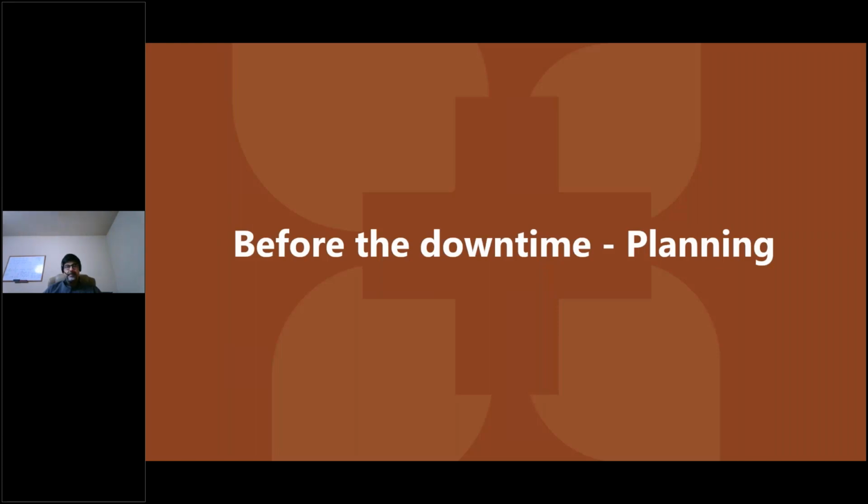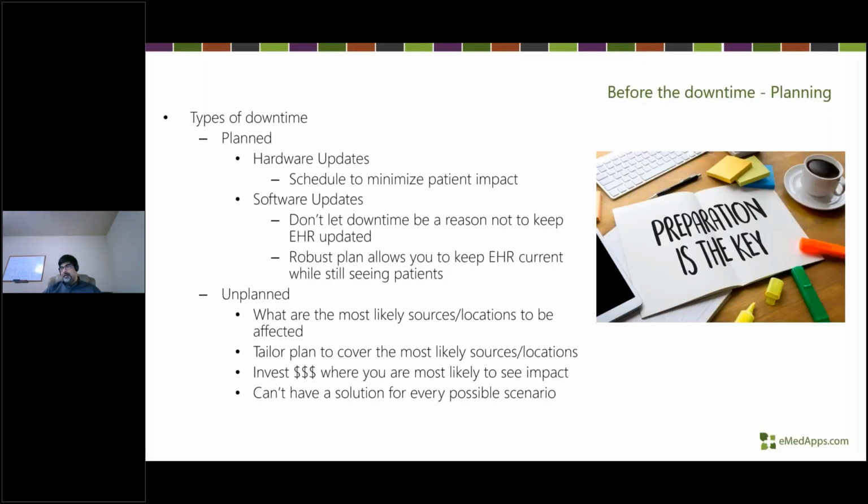Planning for the downtime. As we said in the title of the slide, a downtime event is a when, not an if. It is going to happen, and you need to spend some time putting together plans to make sure you're able to address this issue when it occurs. So in order to do that, the first thing to do is to look at what are the downtime events that my organization could experience, and then plan accordingly based on those events. We break these out into two very large buckets: our planned downtimes, which are events where I as an organization am in control. I know they're going to happen ahead of time.